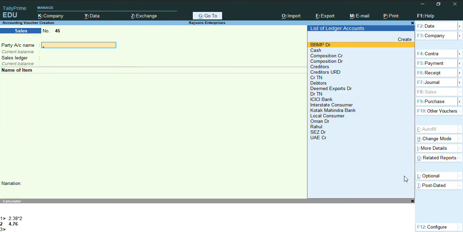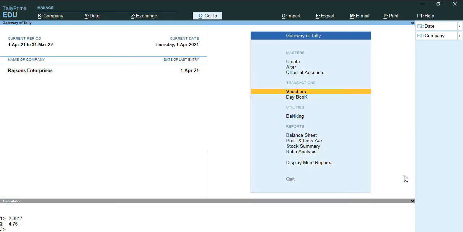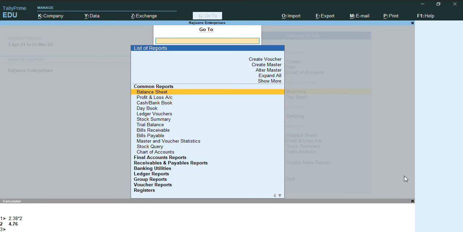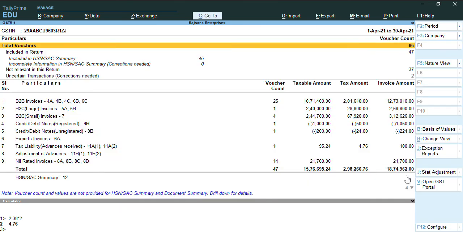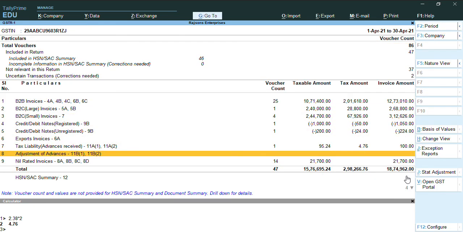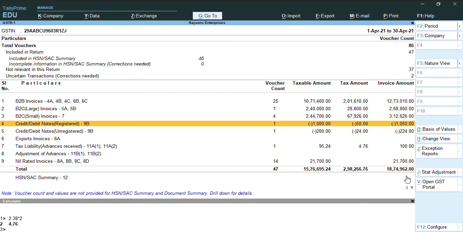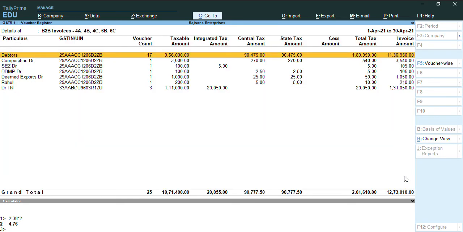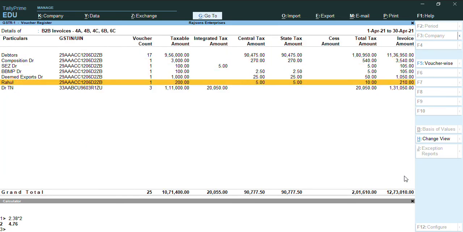and accept this entry. Once we do the sale, to reduce this amount in the GSTR1 report, we need to record the adjustment of advance. As we have recorded a sale worth 210, the transaction will come under B2B for party Rahul.